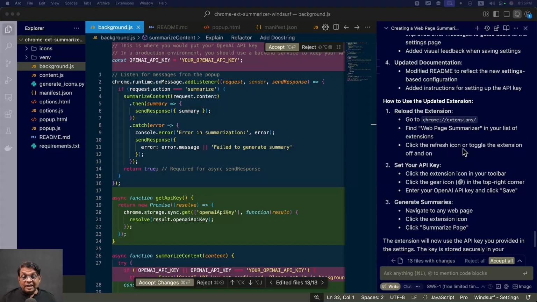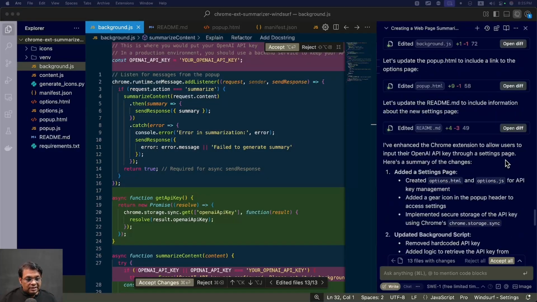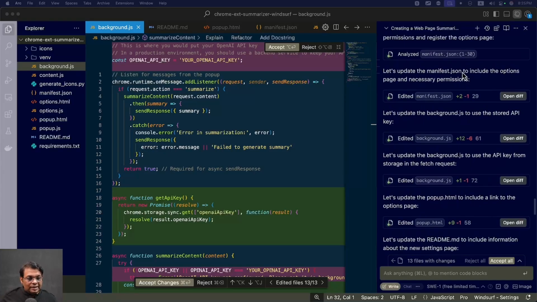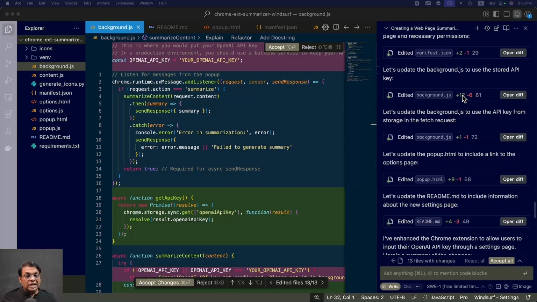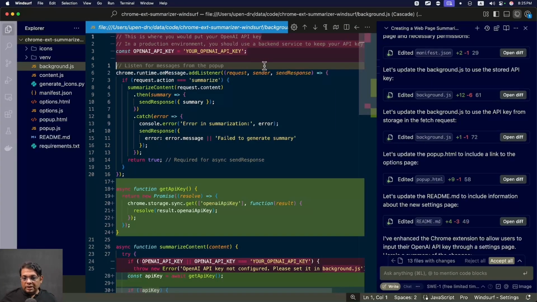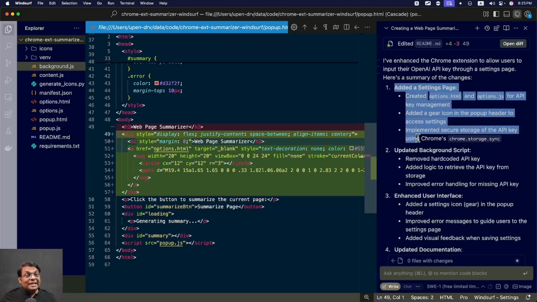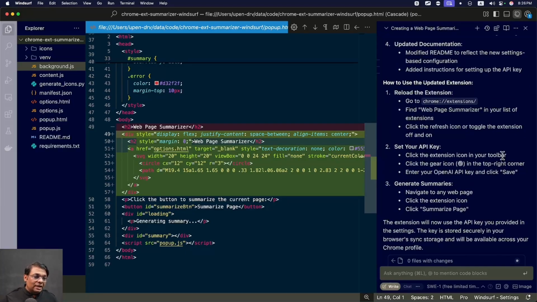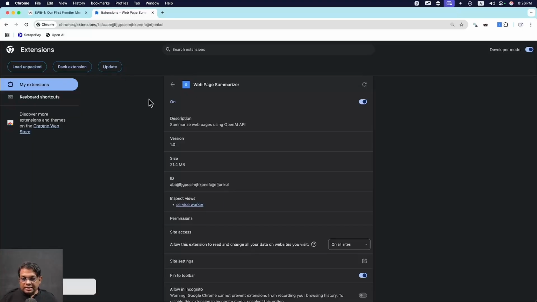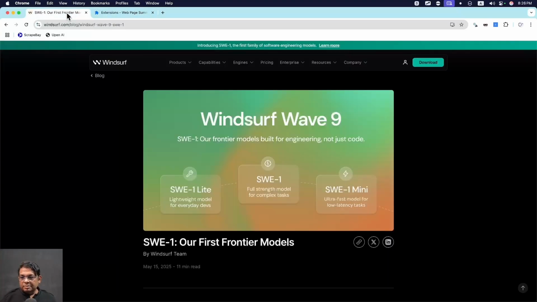So there we go. It has added the code. As you can see in the chat history, it does not show the code within the chat itself. It just shows how many lines it has changed and deleted. And of course you can click open diff. Another good thing is it is explaining what it has exactly done and how I can update the extension. I just need to click update and the extension is updated.